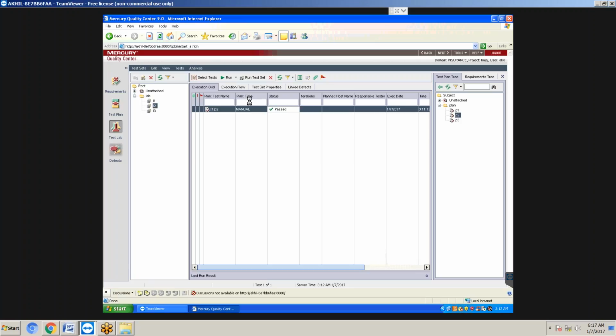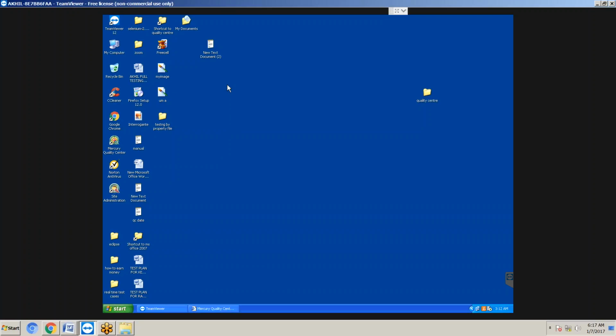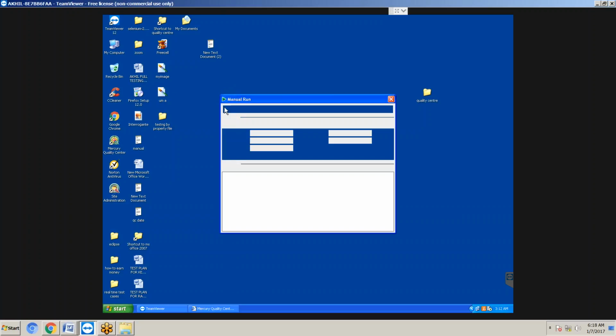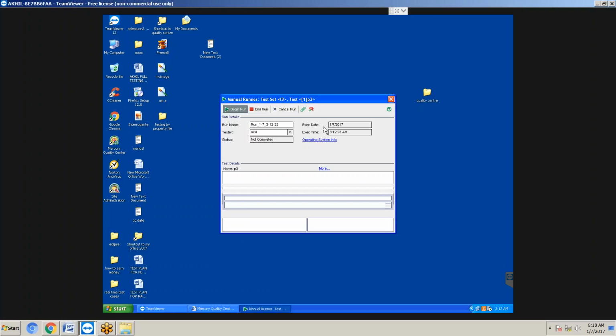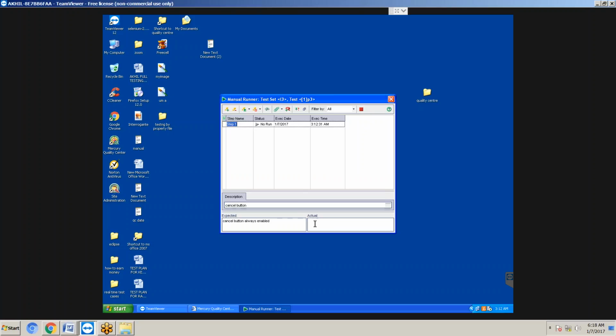Third requirement. Run. Begin run. Cancel button should always be enabled, but the cancel button is disabled. Actually the customer is expecting the cancel button always enabled, but the cancel button is disabled.